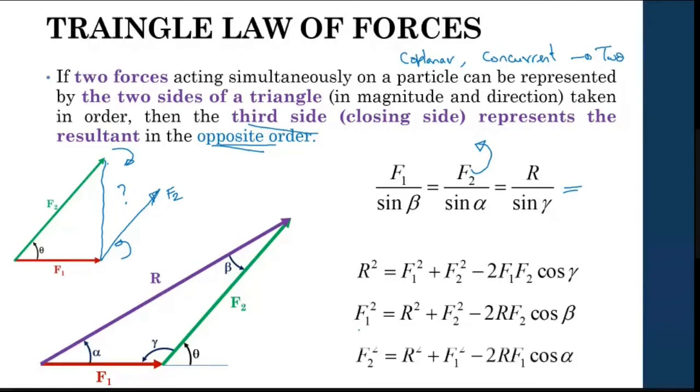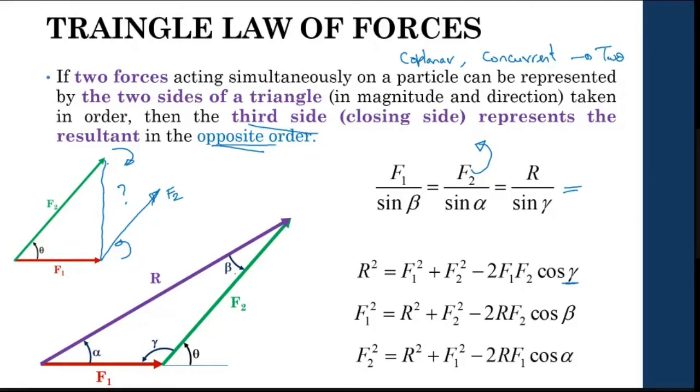The other one is to identify the resultant. Right? If any one force is not given, you can identify it using this formula. So R squared equals F1 square plus F2 square minus 2 F1 F2 cos gamma. You can see that these are the two forces I know. F1 and F2 I know. I need to identify R. Right? The angle between these two forces is gamma. So I have that. If R and F2 are known, so you can see R and F2 are known.